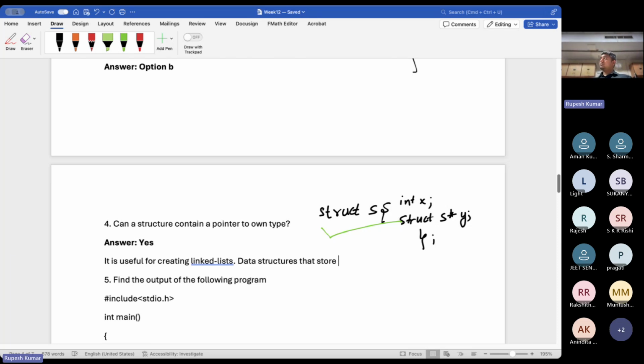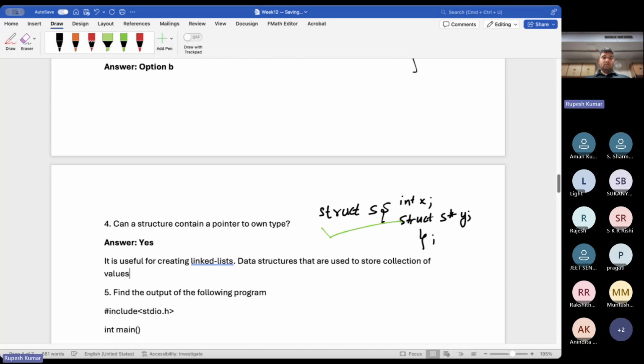Linked lists are data structures that are used to store a collection of values, right? And structs are used in creating them. So what linked lists are, how to use them, and why they are useful, you might be learning